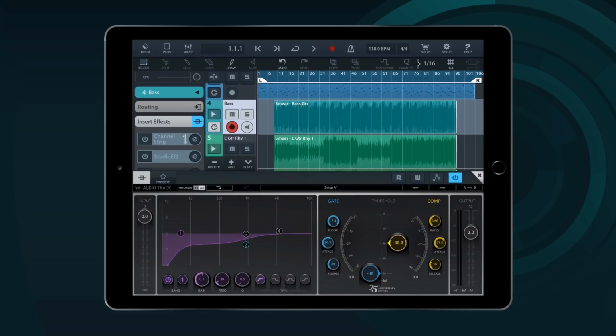As you can see, they are all color-coded, so you instantly know which parameters of which band you're actually tweaking. In the lower left-hand corner, there's an on-off button which will enable or disable this band. And next to that, there's a toggle. You can simply tap on it to go through all 4 bands.